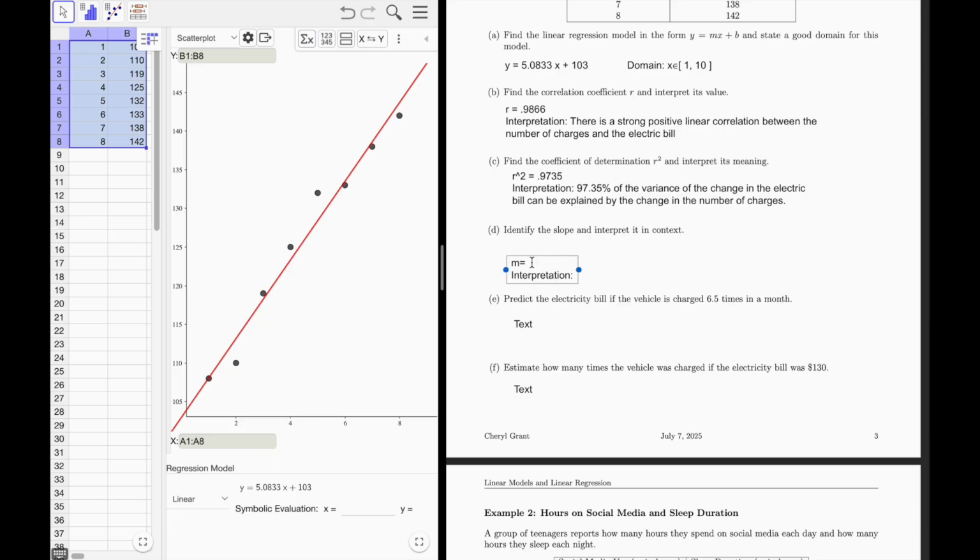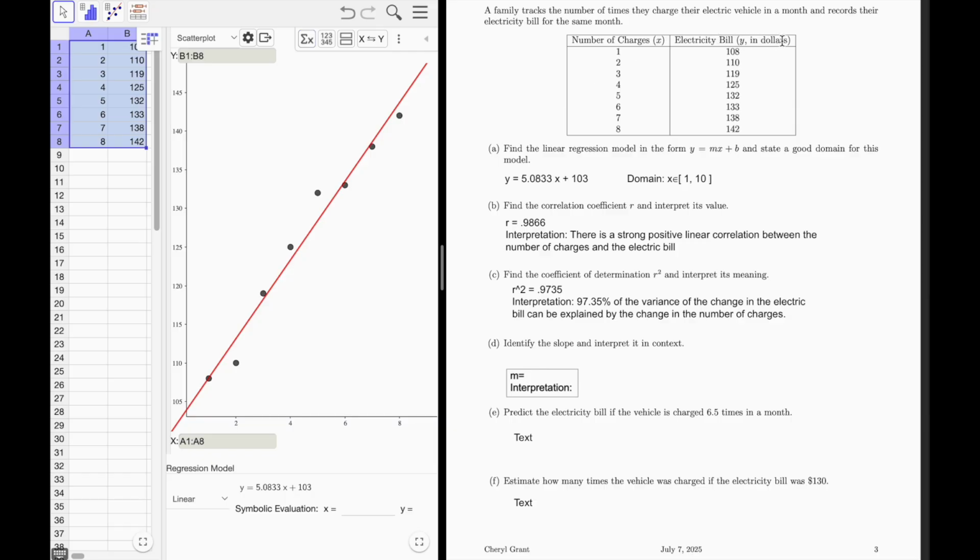All right, now the slope. We need to identify the slope and interpret it in the context of this question. So we got a slope. If you look up here, the slope is the value that's in front of the x. So we have a slope of 5.0833. That's the value that's in front of your x. Now, even though we didn't write it in there, this 5.0833 is over 1. Okay, so 5.0833, that's the change in Y, which if you recall, that's the change in dollars for the electric bill. And then 1, which is downstairs, which we're not showing, but we know it's there, that's the change in the number of charges. So our slope is